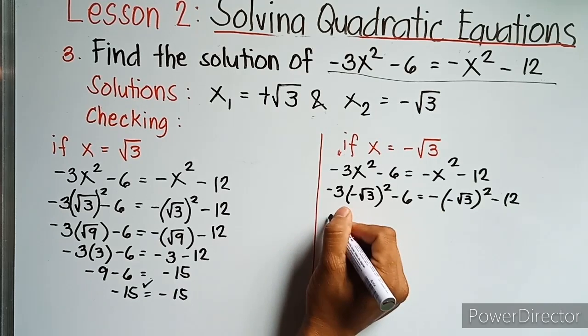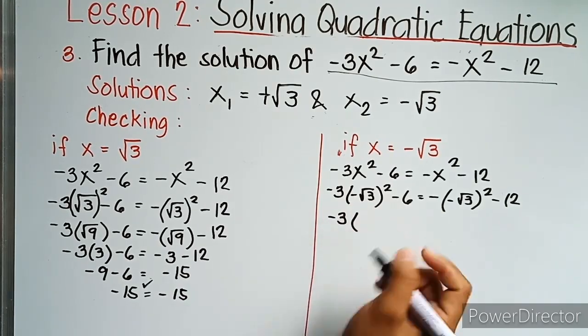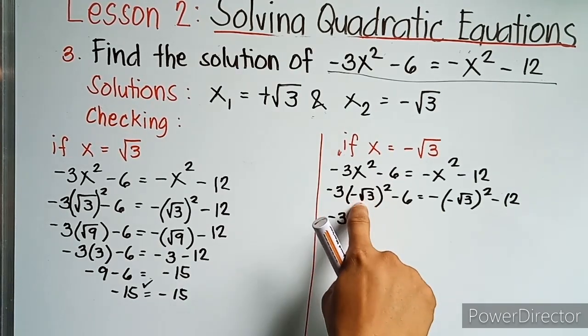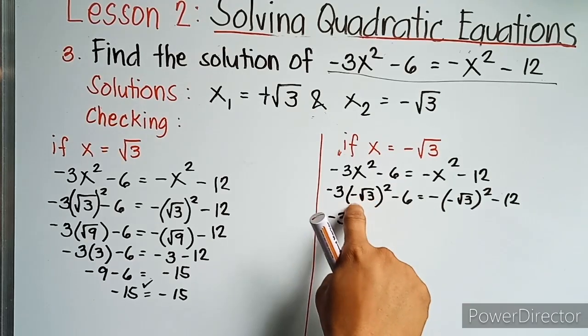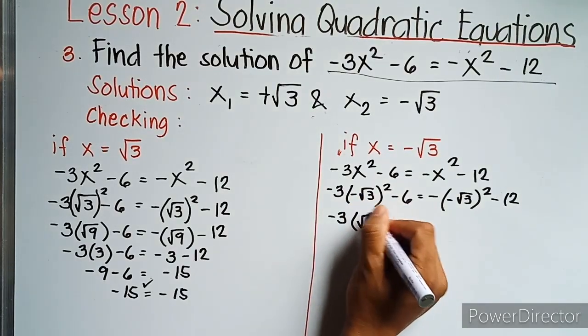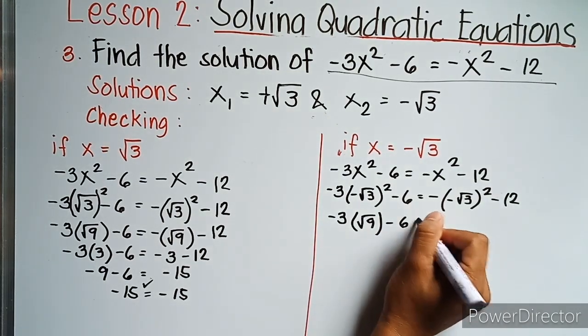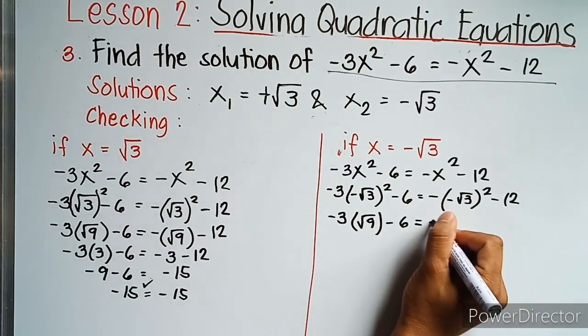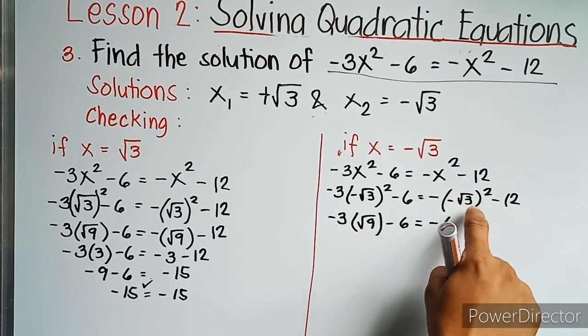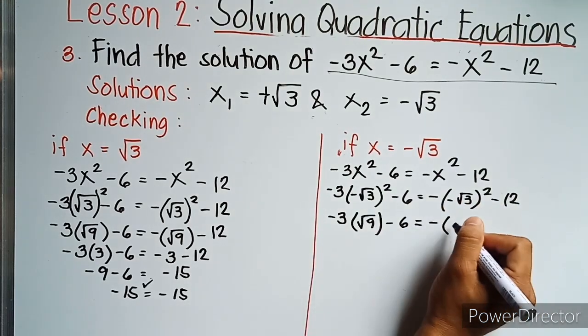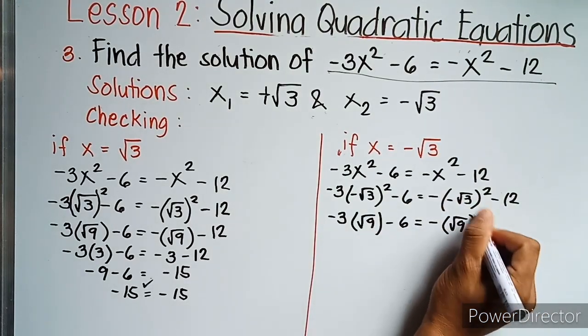So we have negative 3, negative square root of 3 times negative square root of 3 is square root of 9, then minus 6 equals negative square root of 3 times negative square root of 3 is square root of 9